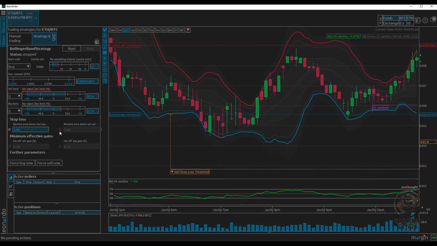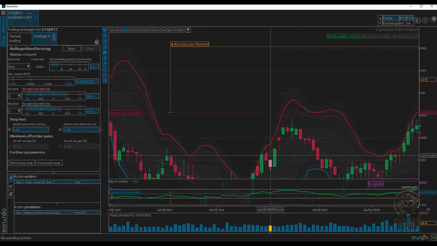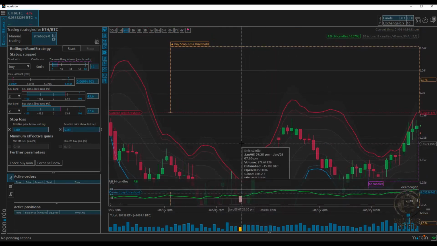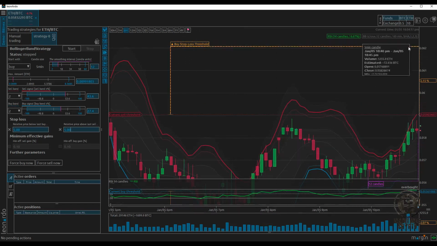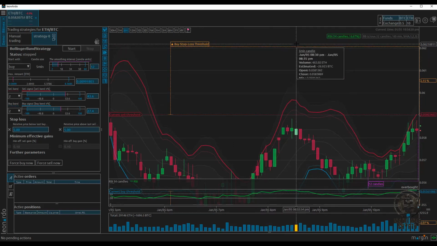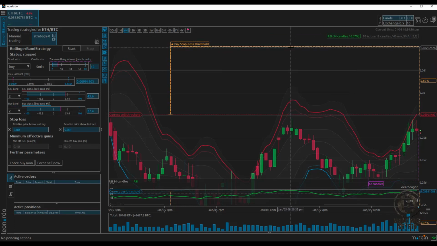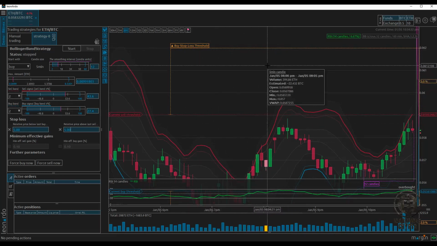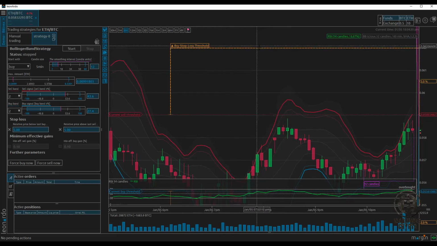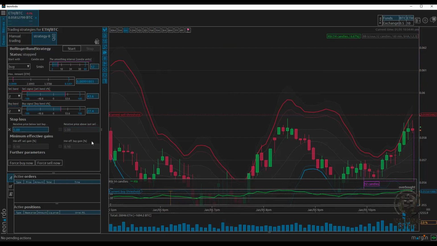It also has this option here, which is the relative price above last sell, which is the reverse. I'm not too sure how that works. I haven't seen it in action yet, but my understanding is that if the price of the coin goes above this line, then the bot will automatically place a buy. So it's just a way, in case it goes up, you want to take advantage of that, and then it buys. But I'm not sure how useful this is. I haven't seen it working, so I don't really know what the purpose is and how useful it is. So I usually just leave it disabled,